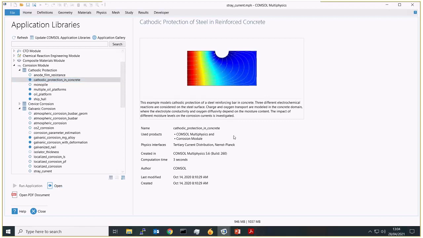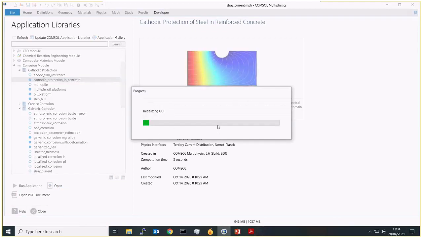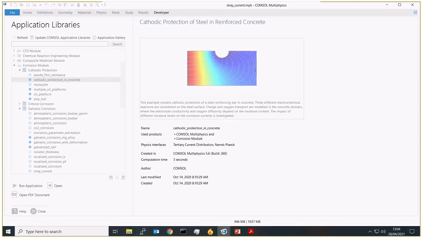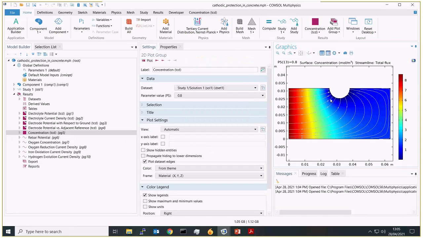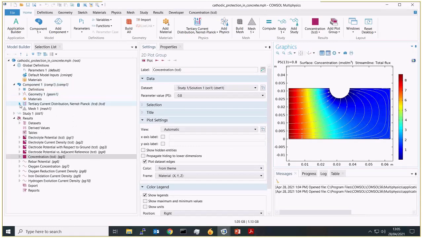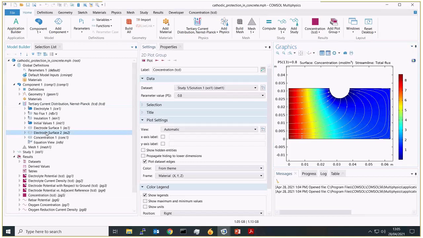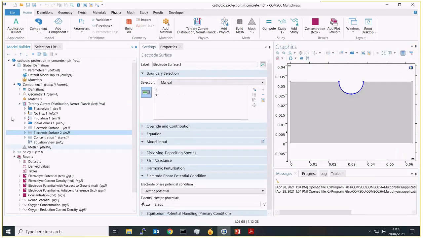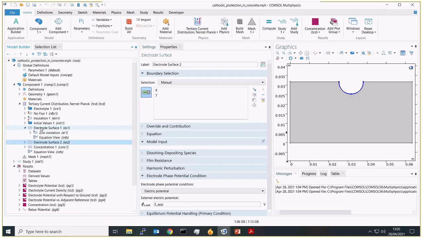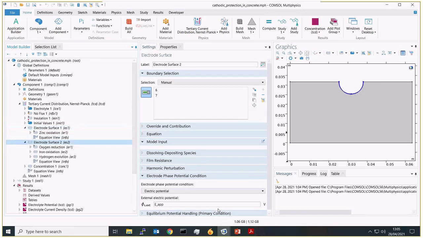This one has our rebar simulated here, and we're modeling the diffusion of the oxygen from the surface to the bar. To apply the current to the surface, we can set the potential applied to the electrode surface through the definitions within these nodes here.